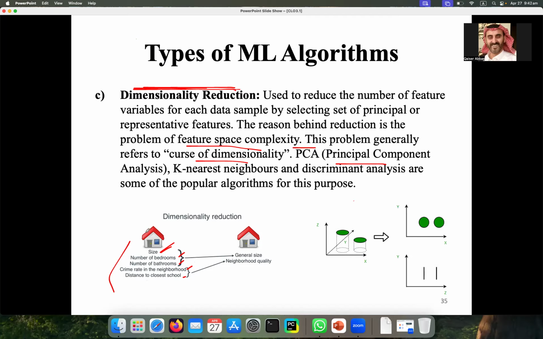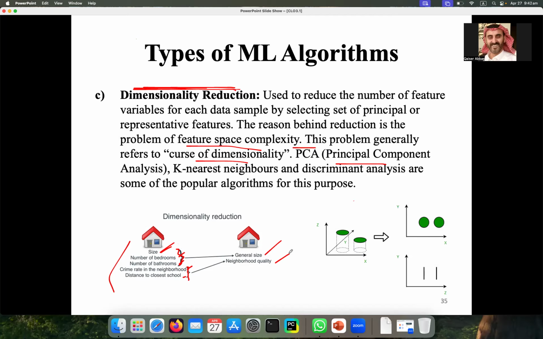But suppose that this is too much. Then how can you reduce? Here we are combining these three into just one general size, and then we are combining these two into only the neighborhood quality. So we are keeping only the important ones, and the less important ones we are ignoring.